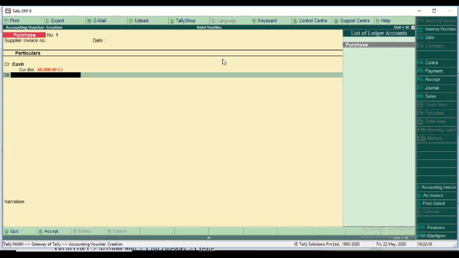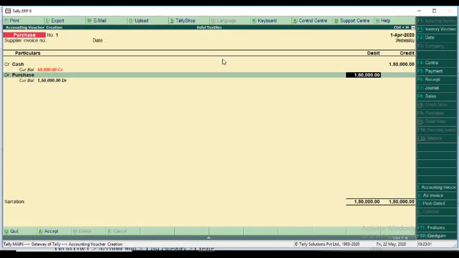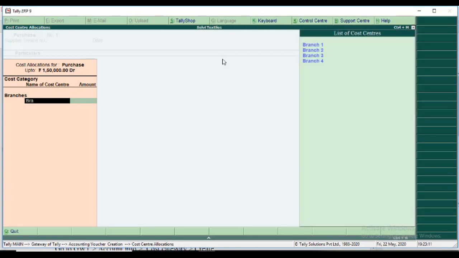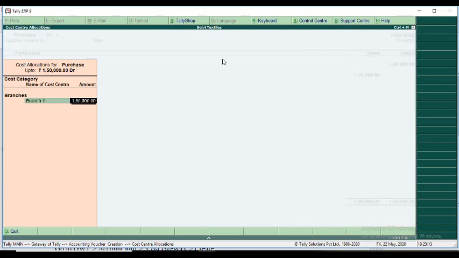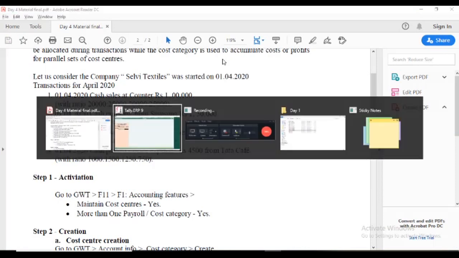Okay, then Dr purchase. Name of the items, we don't know, or in the transaction we don't give, so leave it blank. 1,50,000 automatically comes. The category is the same, branches. First branch amount is 30,000.